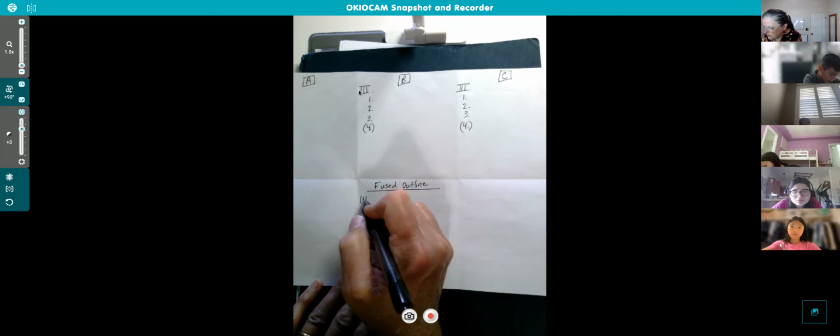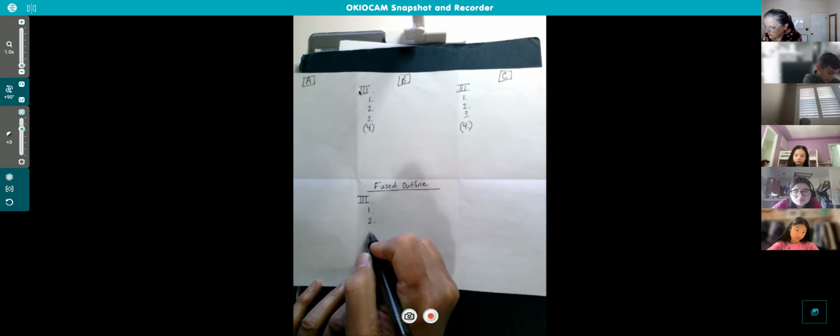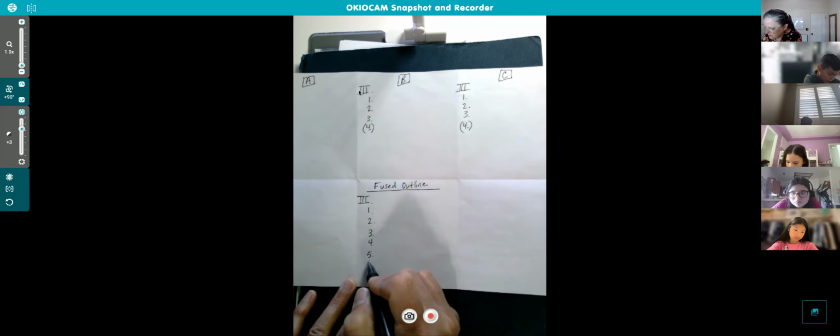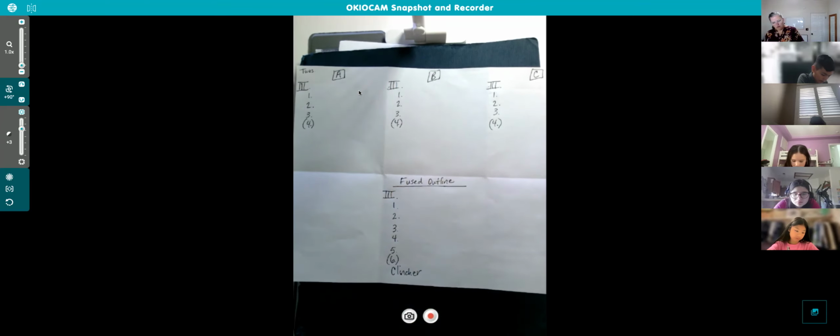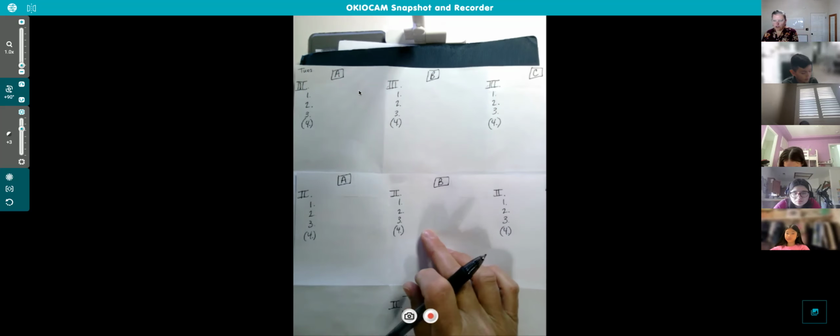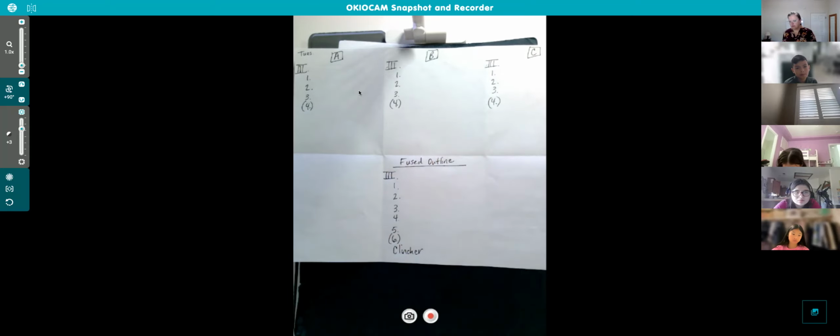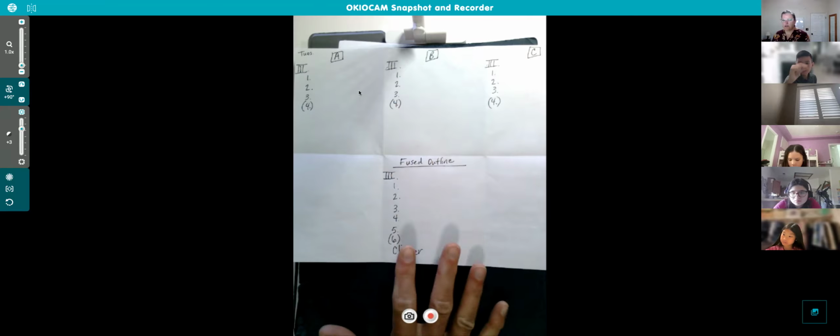Make sure you write your fused for row number 3. This is 1 through 6. 6 is optional again, and that word clincher. So you should have Roman numeral 1. That's the one you already filled out. You should have that one ready to go. So you filled out Roman numeral 1, and got this set up for Roman numeral 2 and 3. Give me a thumbs up when 3 is ready. Good. You guys are doing great. Roman numeral 3, make sure you set that one up.